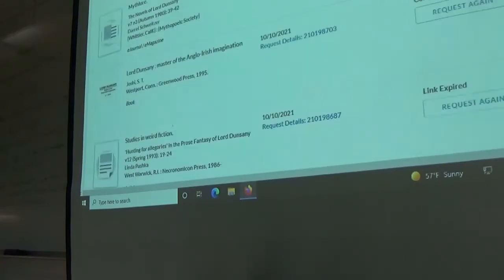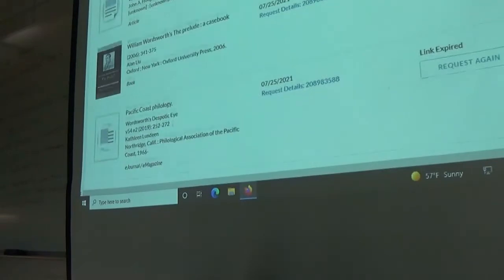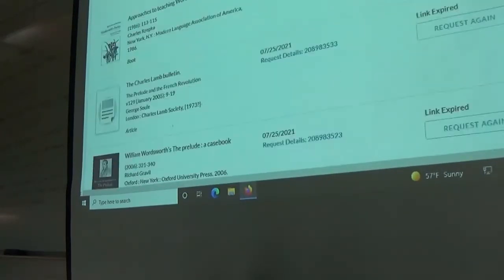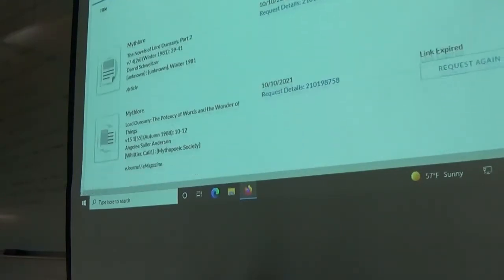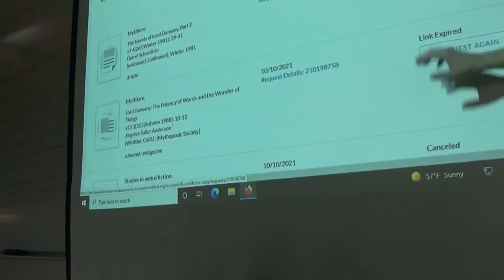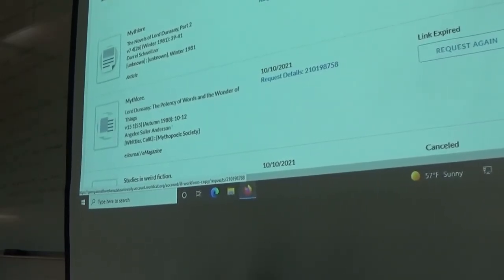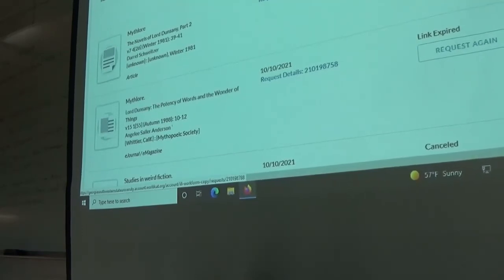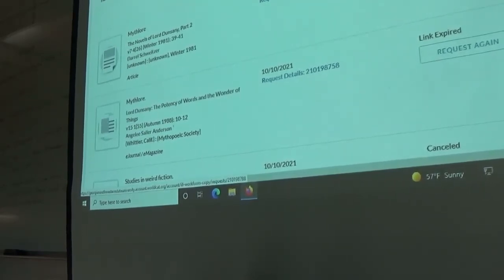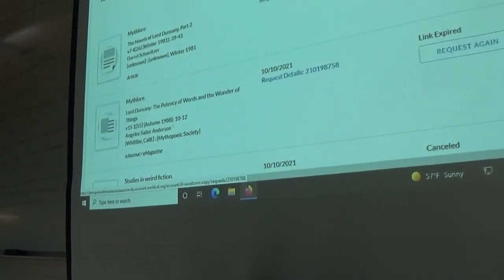All right. Do I have any of these that are link expired, canceled? Okay, so I don't actually have one of these to show you. But if I clicked on one, I could request it again. If the button were here to access it, I would click on this. It would open up a PDF that I could then save. And this is all on Tapasa. So we just go to the requests tab and it'll be right there, and then we can hit access or whatever it says. Exactly.